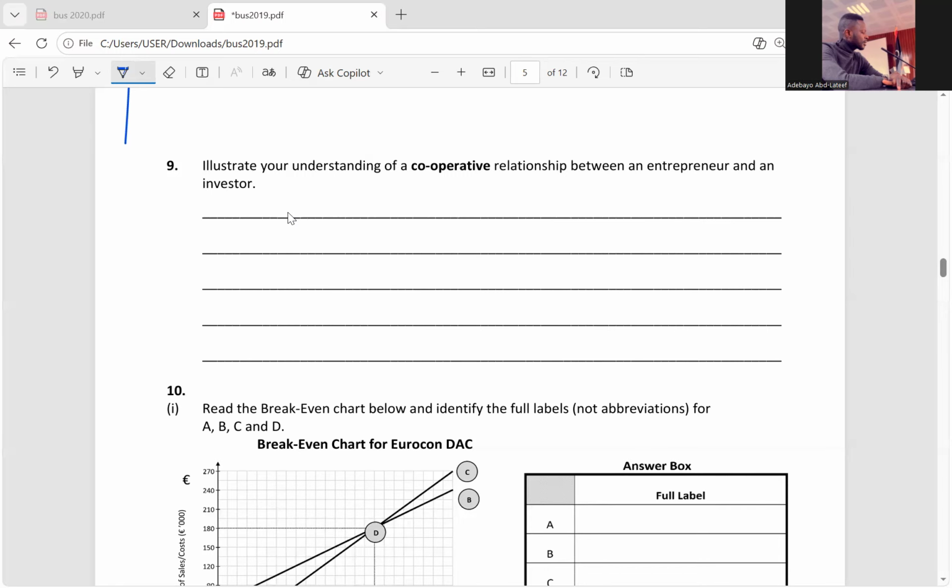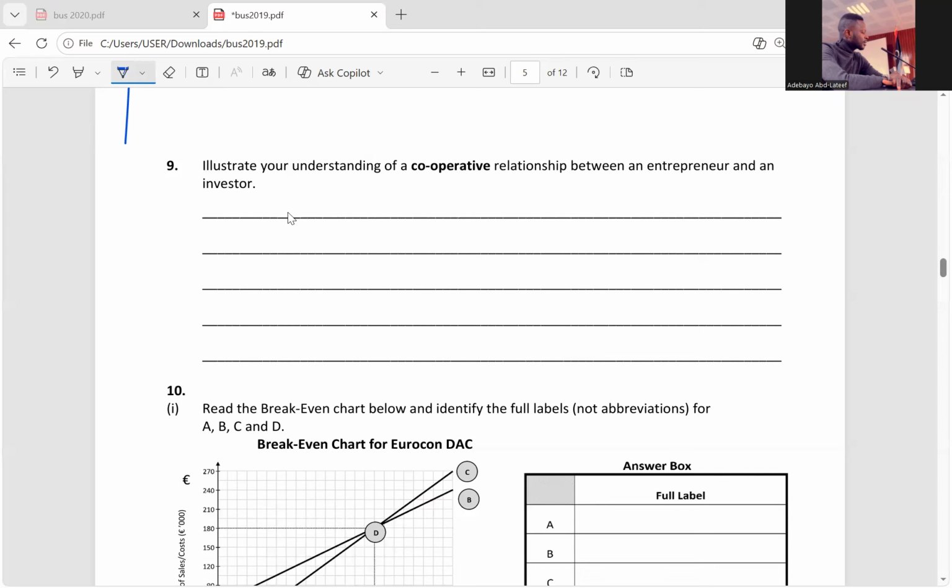The investor provides capital necessary for the entrepreneur to use to develop a product, for which profits will be made as a return on investment. So as an entrepreneur, you have the business idea, you have the business mindset. What you need to do is seek investors who have the financial capability to give you the money. So you have the business idea, you want to produce a product, but you don't have the financial capability to execute the project.